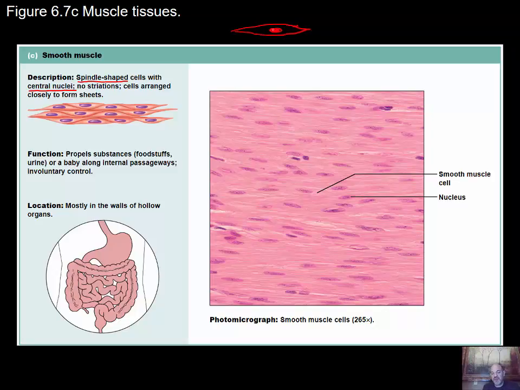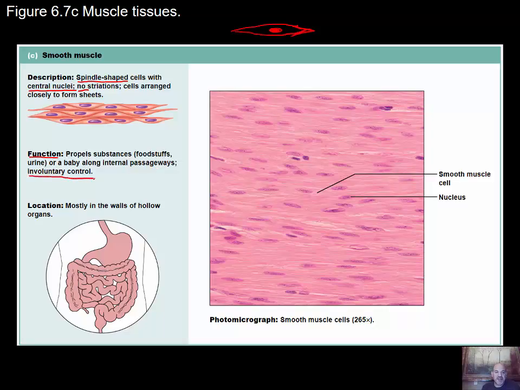The way fishes are shaped as they swim through the water, it allows them to move through the water more easily. So I like fusiform as a description there. They do not have striations, and their cells are arranged closely to form sheets. The function here is to propel substances like food and urine, or a baby along the internal passageways, and it's